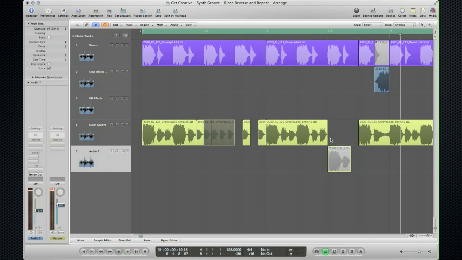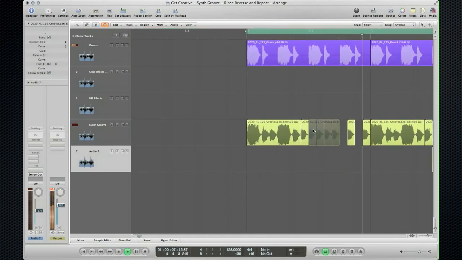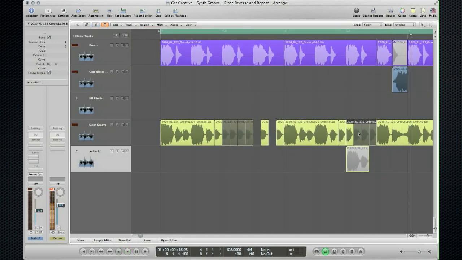No, I did not like that sound. Maybe this sound is better here. Let's loop that. No, I didn't like that either. Let's erase that. As you can see, it's basically cutting and pasting and just trying different things. Let's try this one over here. We'll see how this sounds.